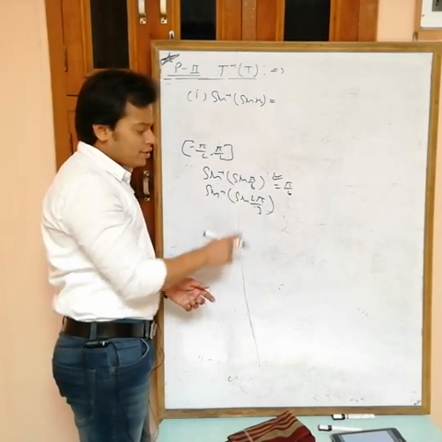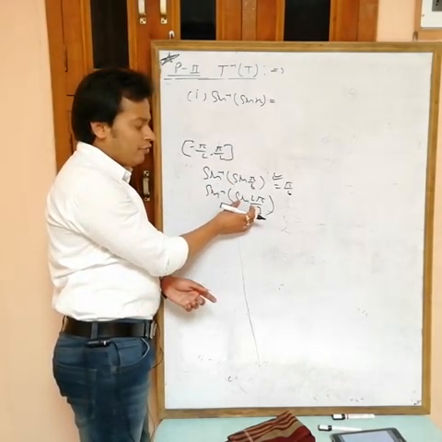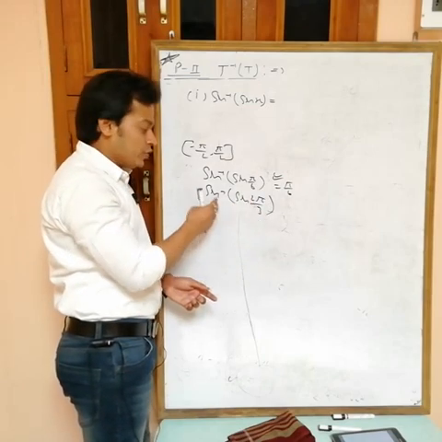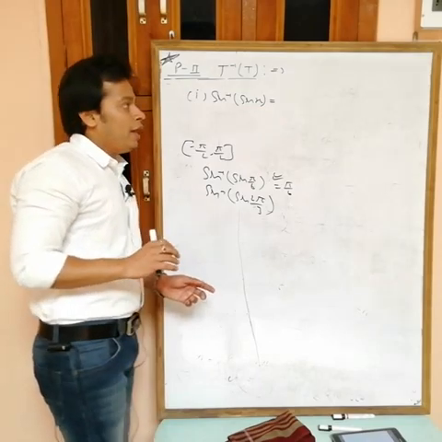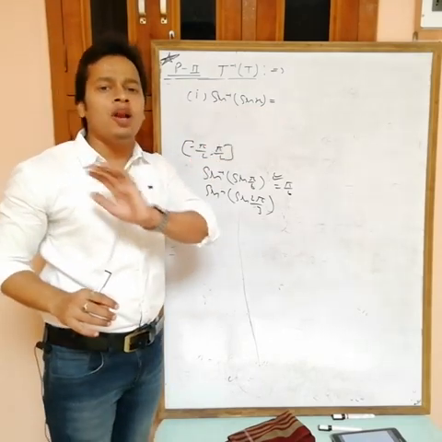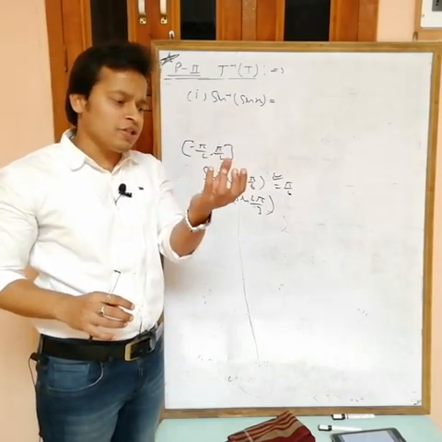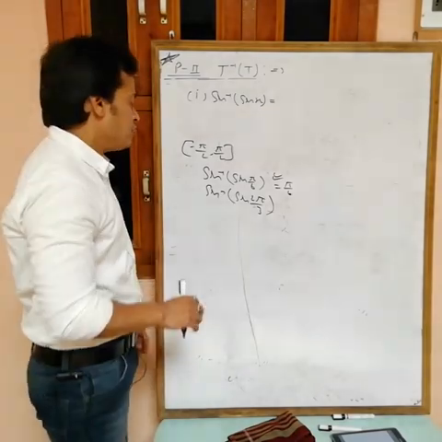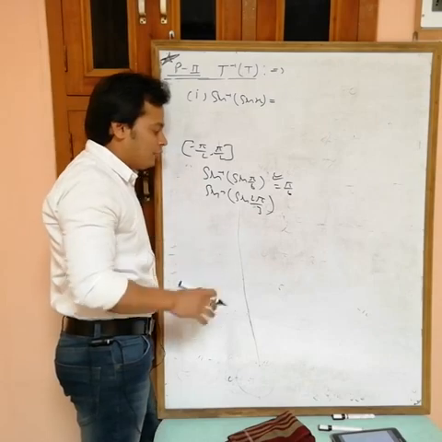Now for 2 pi by 3 sine is defined, and for any value sine can give you a value from minus 1 to plus 1, and for all x from minus 1 to plus 1 sine inverse is also defined. So the function is defined here. Actually these functions are defined for all x belongs to R, because right inside we have a trigonometric function. If the trigonometric function is defined, then the complete function is also defined. So sine inverse of sine 2 pi by 3,